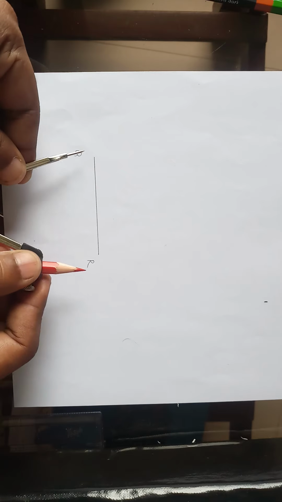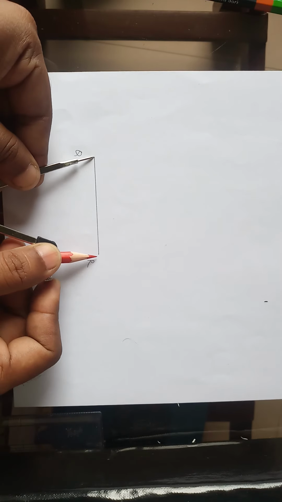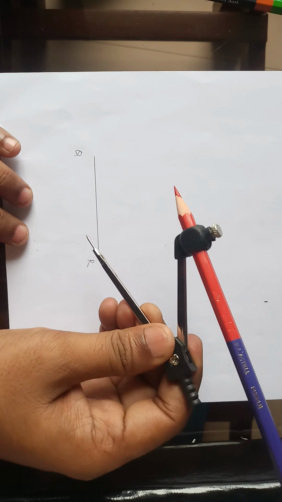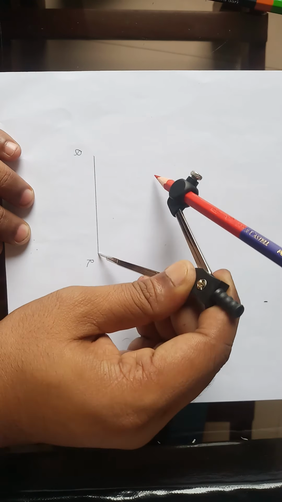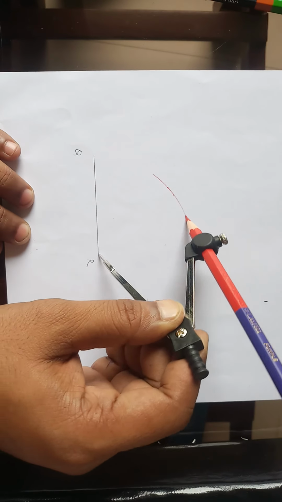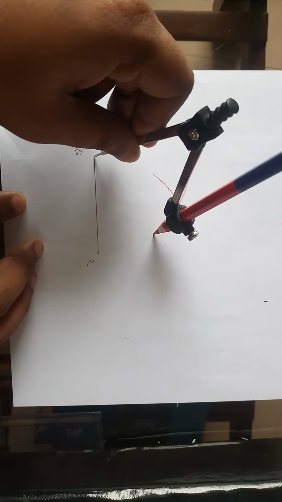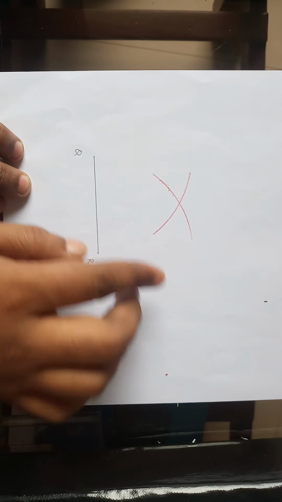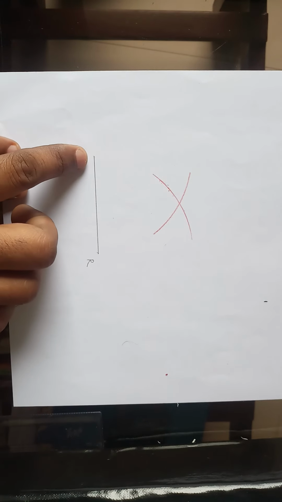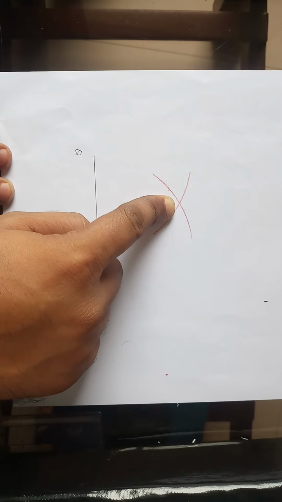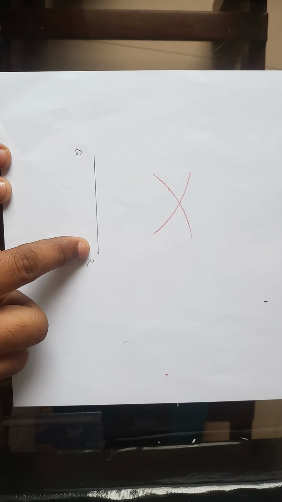Now you take a compass and measure the same length, 6 centimeter, so that easily we can draw the triangle without much effort. Now to draw the triangle, draw two arcs, one from point R and the other arc you draw from point Q, and join the point of intersection of these two arcs with point Q and point R.